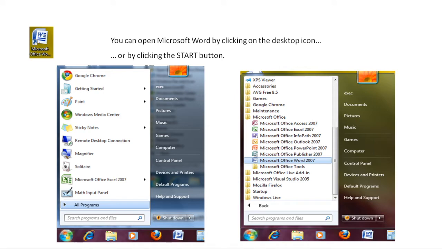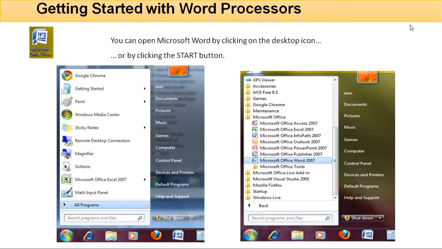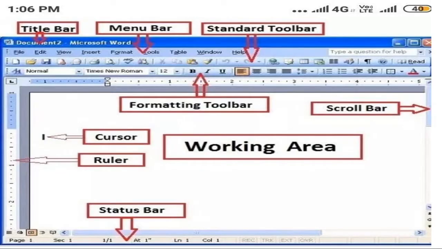See, this is the Microsoft Word. By clicking on the desktop or on the start button, we will find this one. This is the window of Microsoft Word, and this one is called the title bar, and this one the menu bar and standard toolbar.